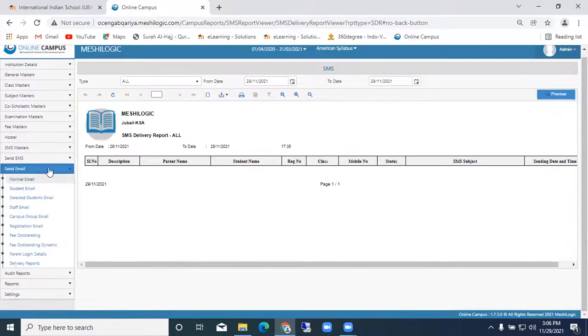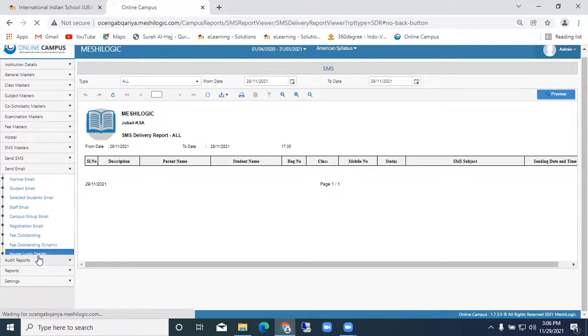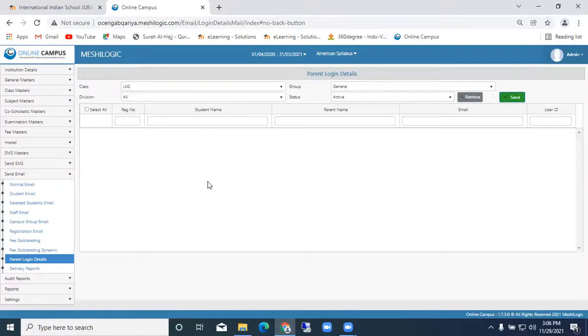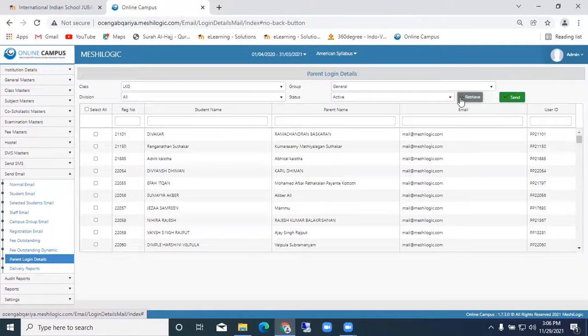Similarly, we can send reminders by mail, normal mail, student mail, selected student mail. As we have sent the SMS, the same way we can send it by mail also. See outstanding dynamically. Then parent login details. If you want to send the parent login details, most of the time the parents have forgotten the password and the username, so they keep asking what my username and password are.